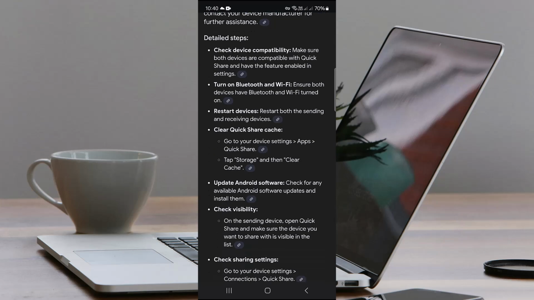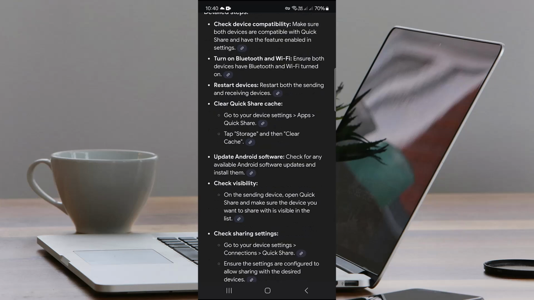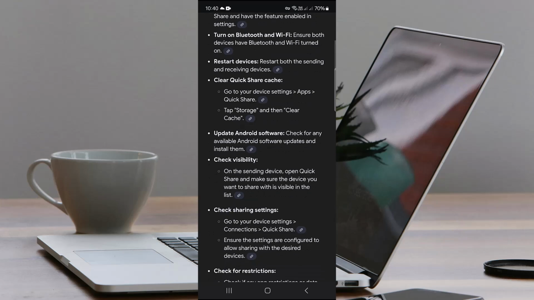And then there's another one, update your Android software. Sometimes there might be some Android software updates available, so install them and then check the visibility on sending device. Open QuickShare and make sure the device you want to share it with is visible in the list,